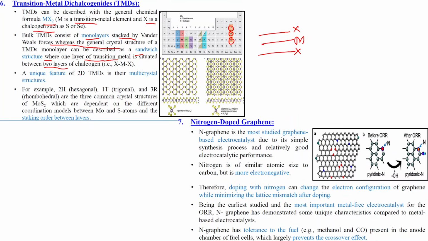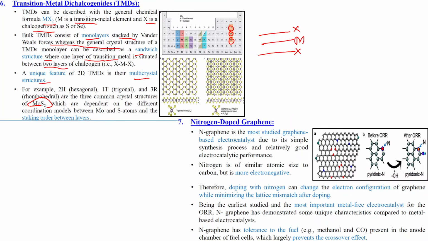Okay. A unique feature of 2D transition metal dichalcogenides is their multi-crystal structure. Okay. So you might have heard of molybdenum disulfide. It is a famous transition metal dichalcogenide. Okay. Another is the